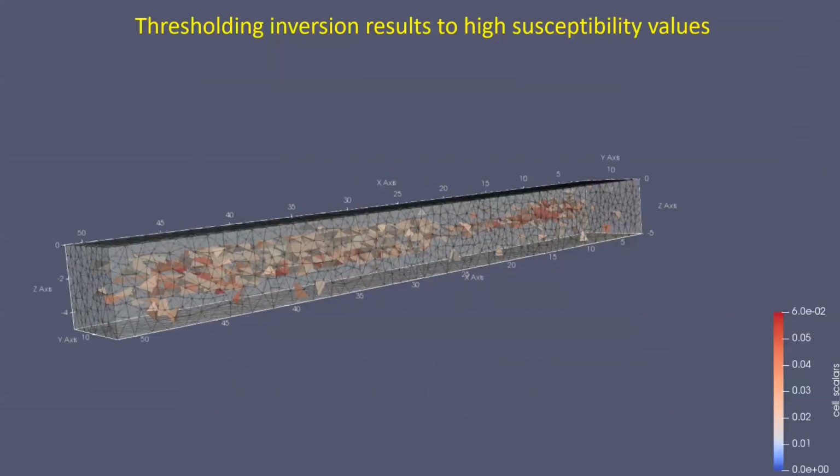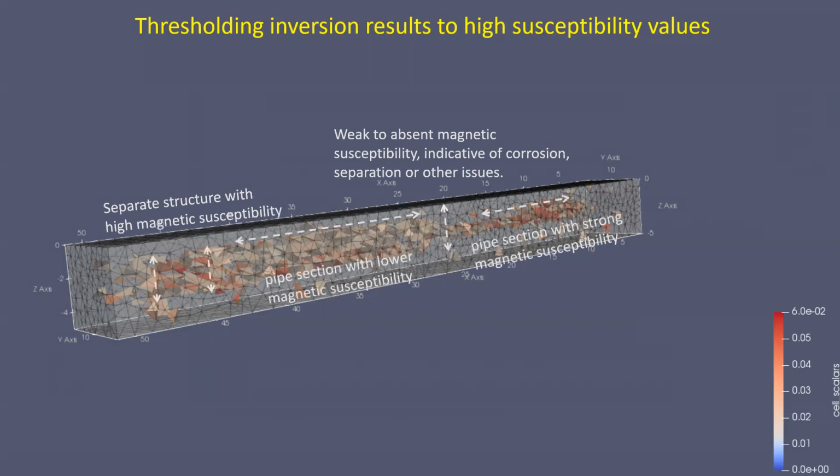By stripping out the very low background susceptibility values, this image becomes more interpretable in 3D. You can see that the linear and tubular nature of the pipe is quite clear, when the difference in susceptibility values along the resolved material thickness along the axis of the pipe are indicative of either corrosion or pipeline discontinuity. It can also be due to non-magnetic material of the pipe, which then brings us to the next issue of